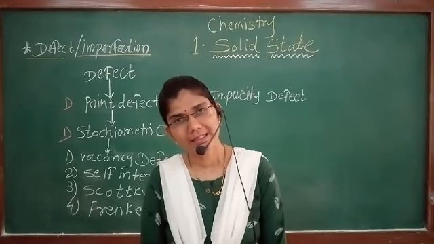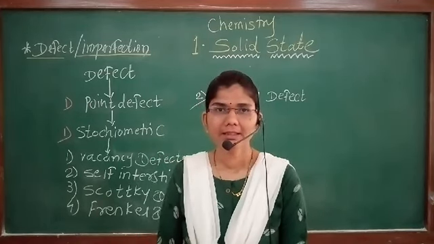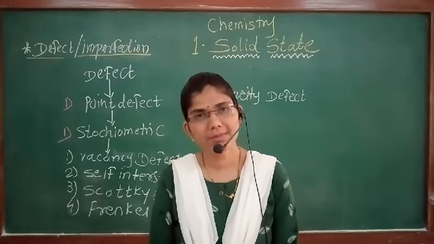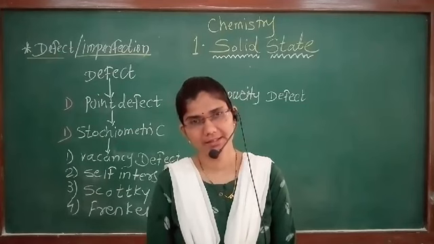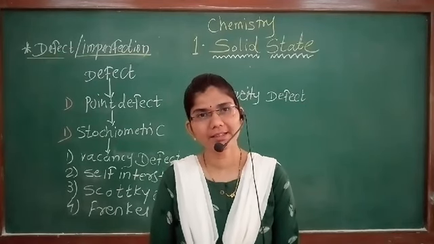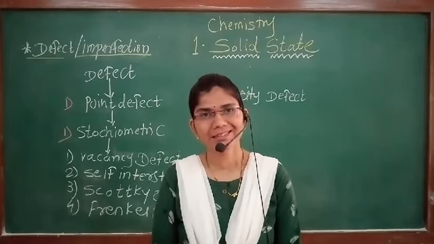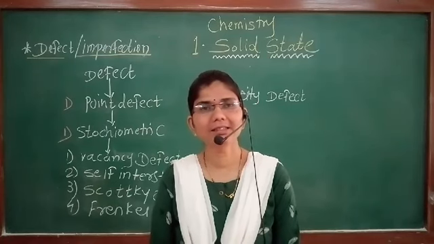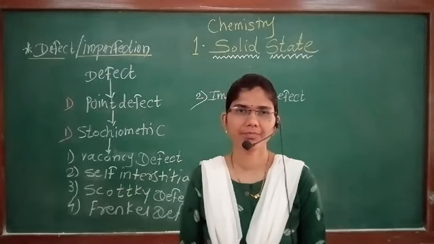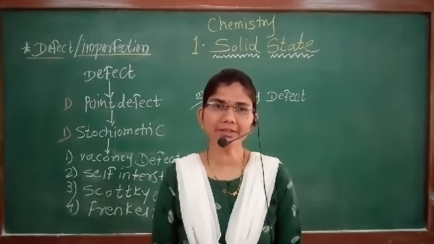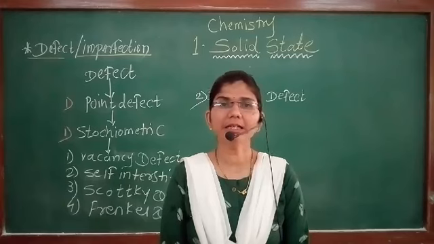So in that we have completed the point defect, what is meant by point defect and what is the classification of the point defect. The point defect arises when there are irregularities in the arrangement of the particles in the crystal structure, and point defects are classified into three main types: